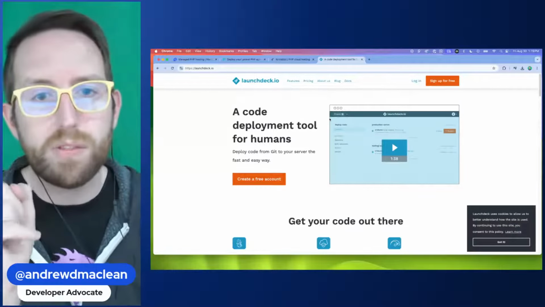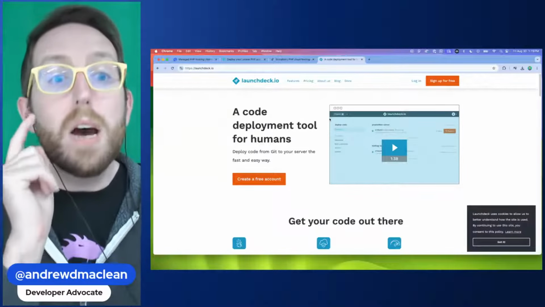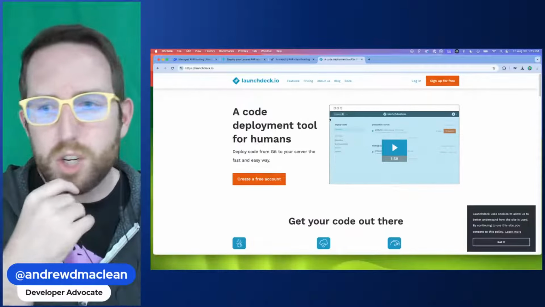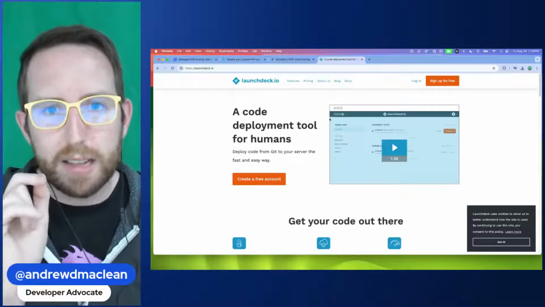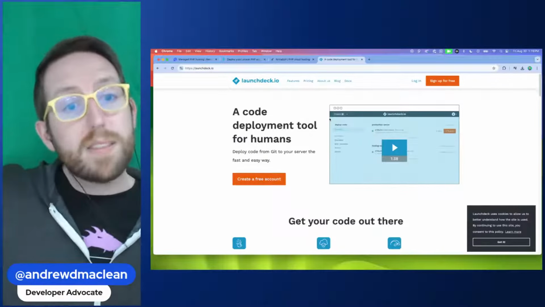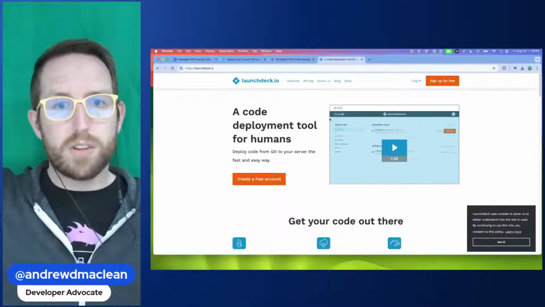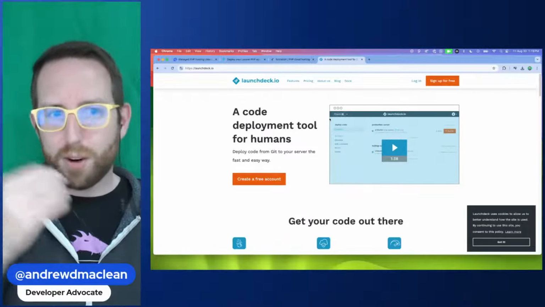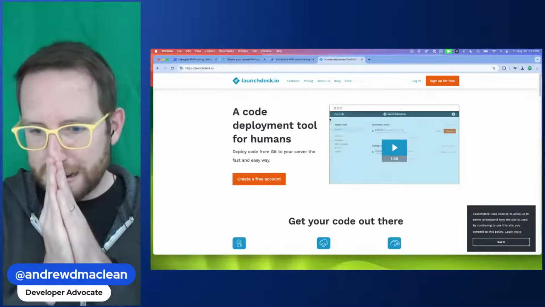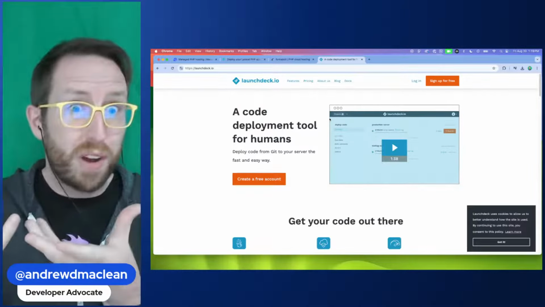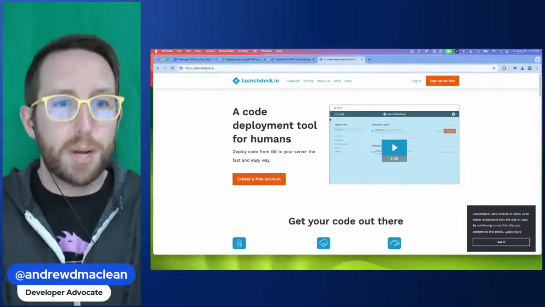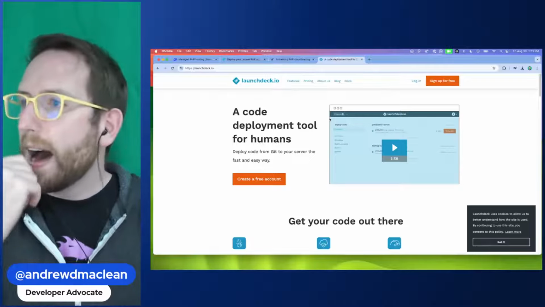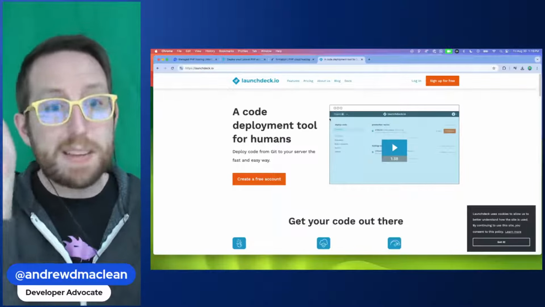And so this one I use for a personal project that I wanted to run on my shared hosting because I didn't want to spin up another service and I'm already paying for the shared hosting. This one does the build process inside this app, and then it deploys to whatever service you want. If you use shared hosting, the services are all fundamentally running on the same server. So if you're trying to do a build and deployment, it can be pretty hard. But LaunchDeck just does the build for you and then